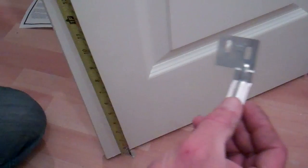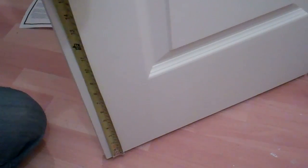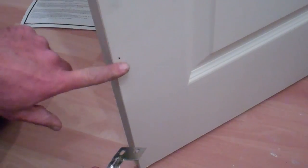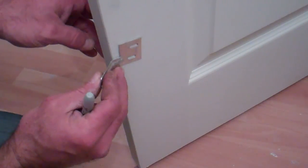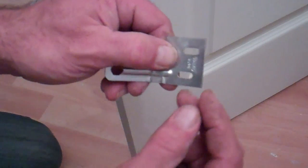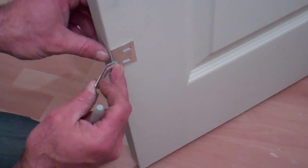So, if you're installing a double set of bifold doors, like I am here, we are supposed to put these aligners on them so that apparently they will snap closed, and they say to put them about 12 inches up. So there's a foot. We'll install one on this door. I'm just going to move that just so you can get your bearings in case you're not sure what part of the door you're looking at. So there's a foot, and according to the little diagram it's supposed to be about like that, and it's going to adjust on these slotted screws here, so you can adjust them in and out. So I'm just going to put that in around the foot mark where they said,